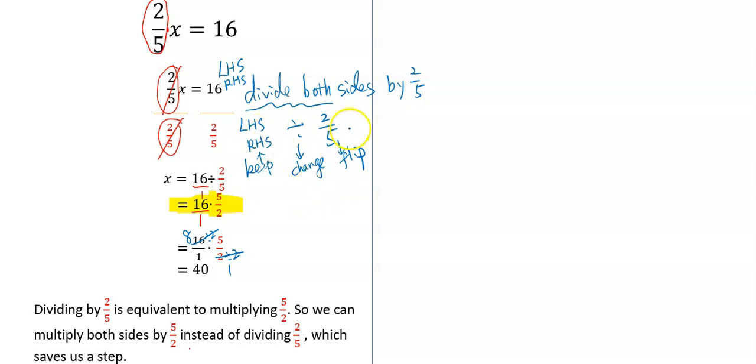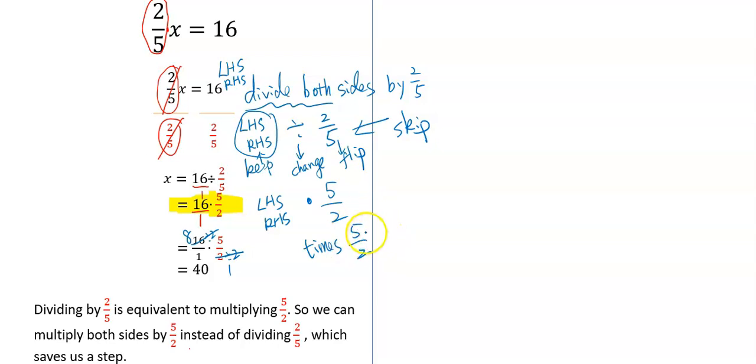So we can skip the step of division. We keep the left hand side, 2/5, and keep the right hand side, 16. But we change the division to times, and we flip 2/5 to 5/2. So we can literally skip the step of dividing both sides by 2/5 and just jump into this next step, which is times